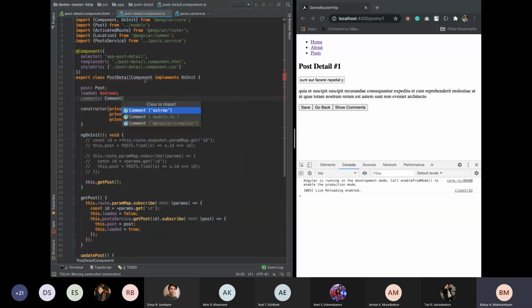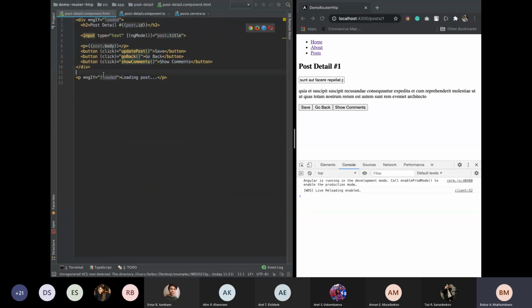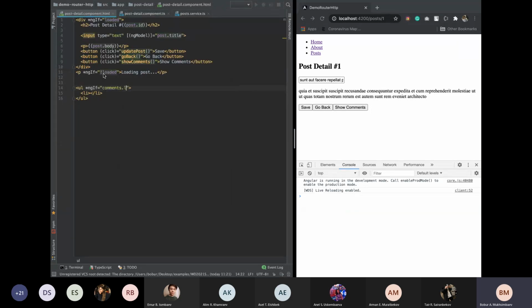So in this component, we want to import our models. And here we have the array. Comment is just the array. And inside of the details, we want to use an ngIf if we have the comment length, which means comment length should be more than 0. In that case,